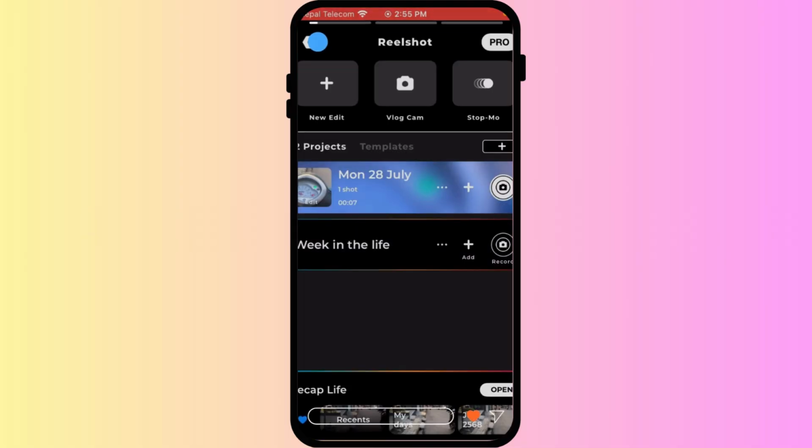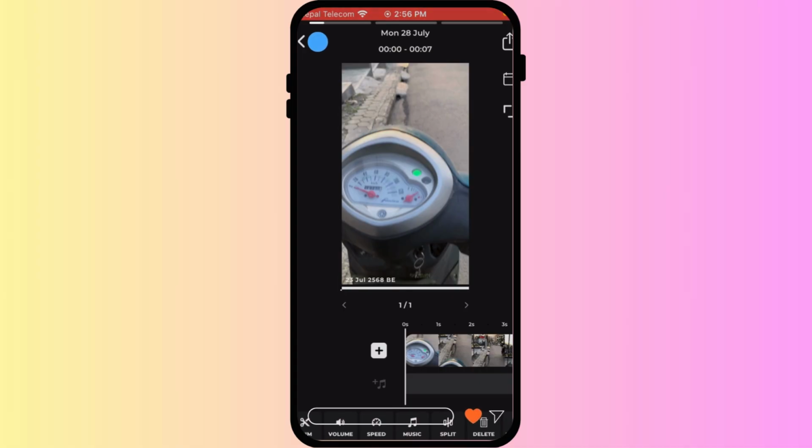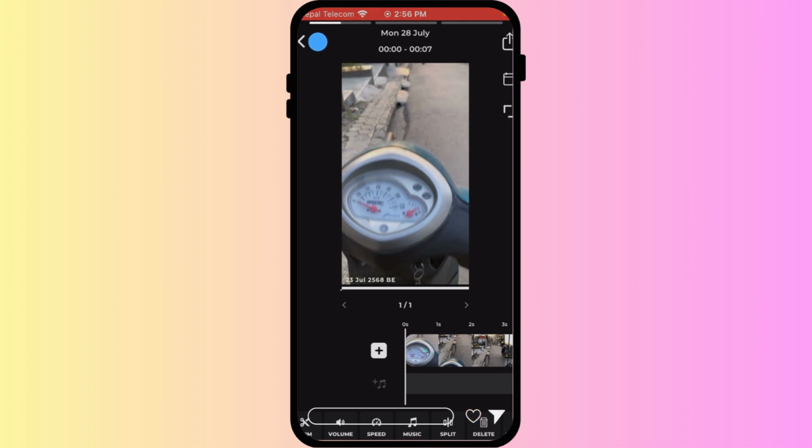In your Reelshot project, tap on the text layer that you want to edit on the timeline. Once selected, look for the text editing options that appear in the toolbar. These usually include icons for font, color, and size. Since we can only add the text in the premium version, just follow the rest of the steps as said